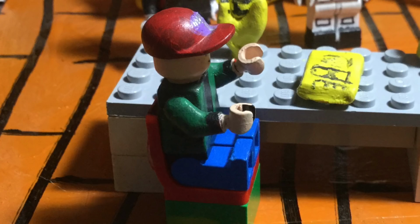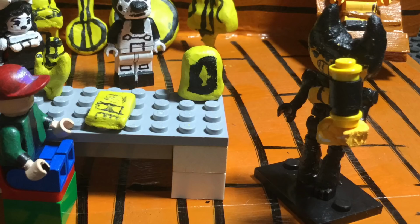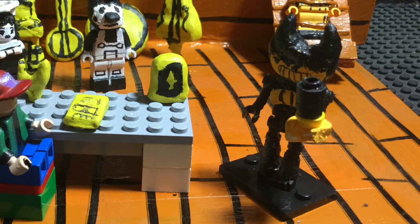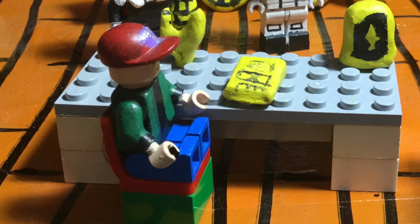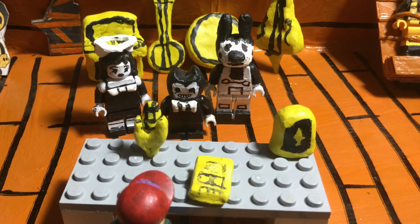Bendy, it's important that you get your food. Here, lucky for you, I have some bacon soup. Just try some, and trust me, you'll feel much better afterwards. There you go, buddy. How do you feel? Wow, actually a lot better. Thank you. There you go. See, man? I told you I was right. Awesome. Now that everyone is okay, we can now begin work in progress. Everyone get ready. 3, 2,